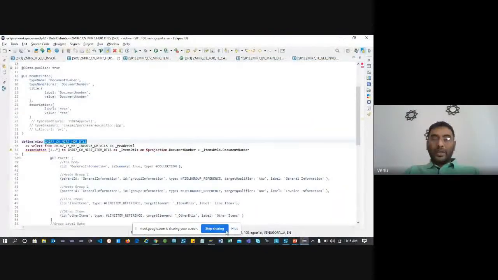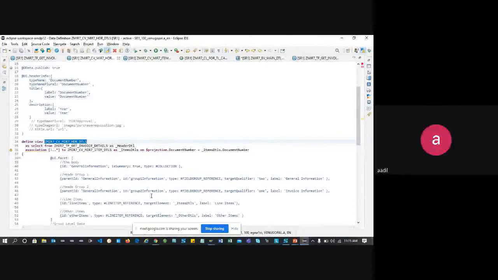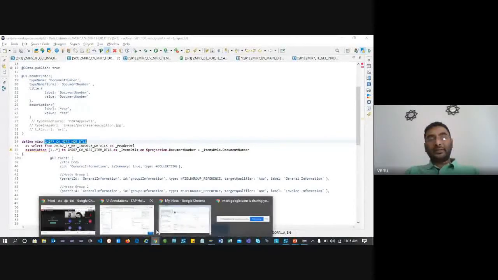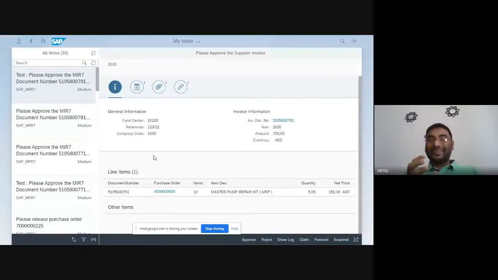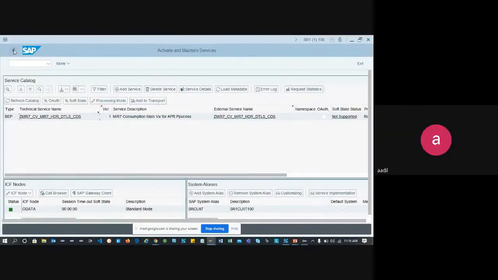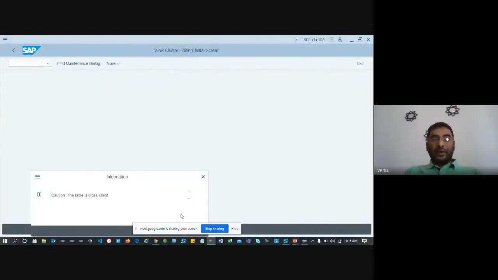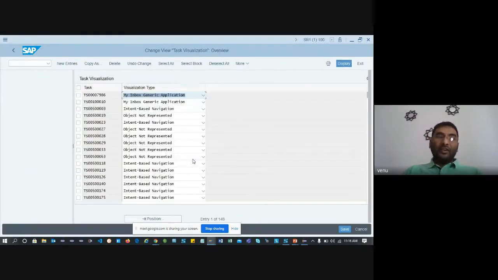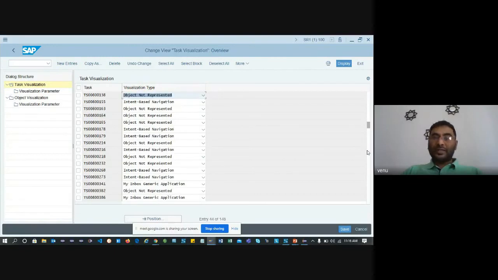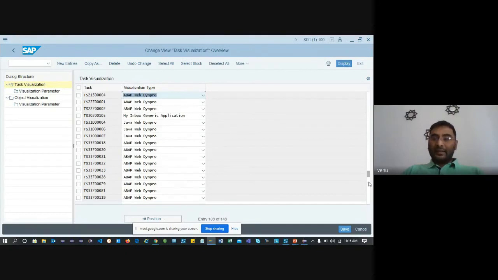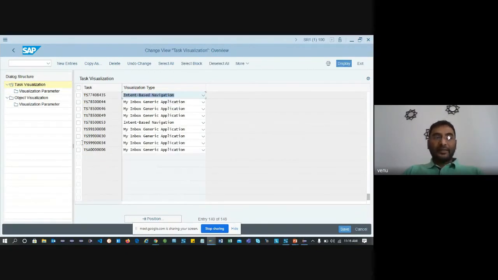Now how is my UI5 application, how is this CDS going to communicate with my inbox? This is the major step. This is exactly what we require to do, the configuration. We are not required to do any coding part, that is done now. Now we have an option called SWFVISU. You have a T-code, and what you have to do, as Parth mentioned, after designing the workflow, the workflow consultant and workflow designer will provide the task ID. You have to take the task ID. Against that task ID, you have to maintain your parameters in SWFVISU.